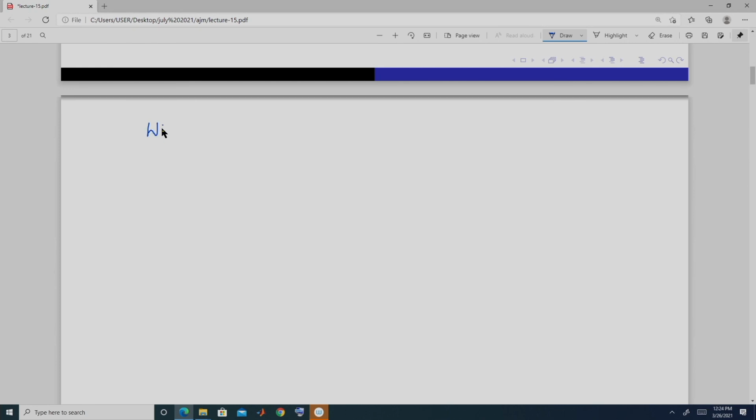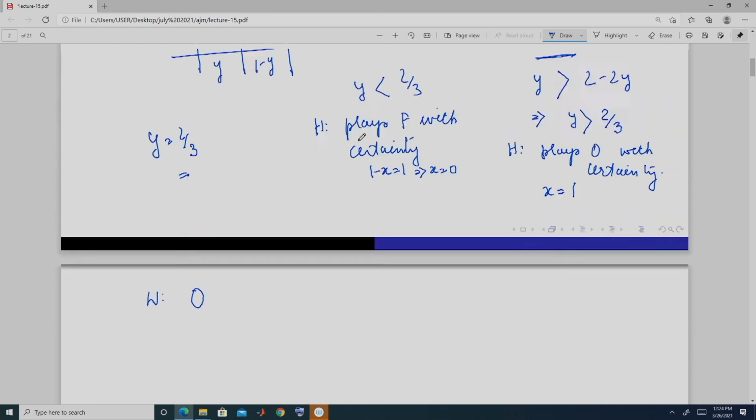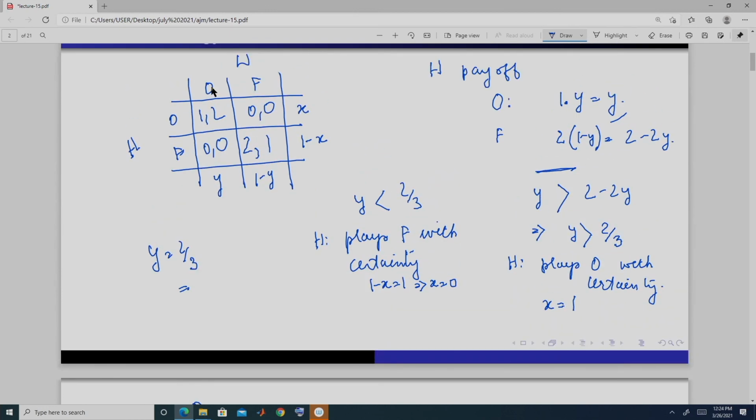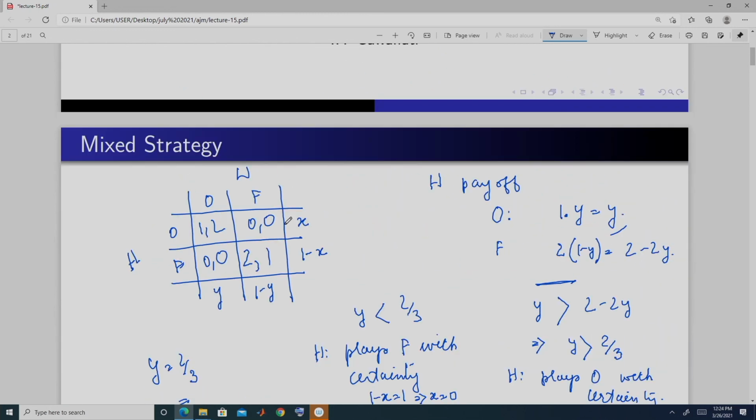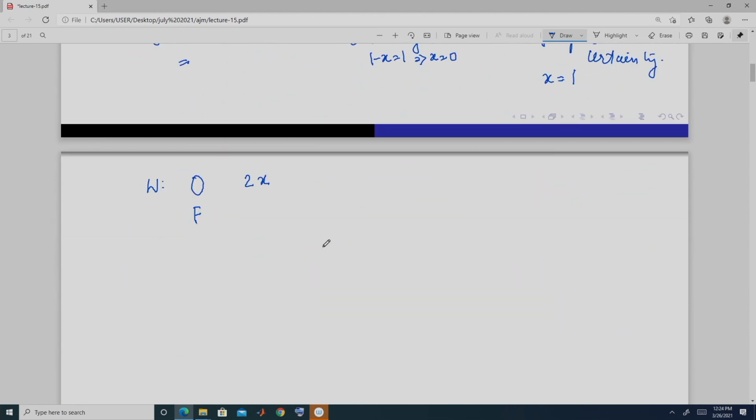Wife, if it plays O, it gets 2 with probability x and 0 with probability 1 minus x. So the payoff is 2x. And if it plays F, it gets 0 with probability x and 1 with probability 1 minus x. So it is 1 minus x. And the wife is always going to play O when 2x is greater than this. So this means when x is greater than 1/3,